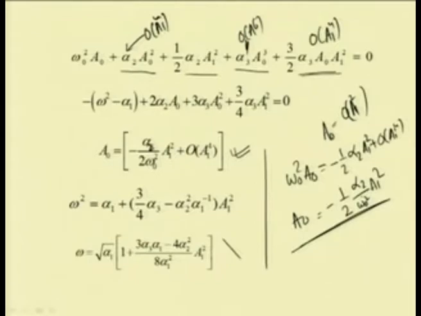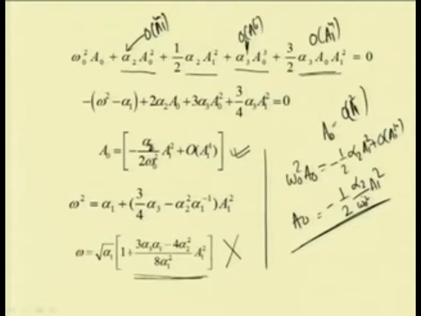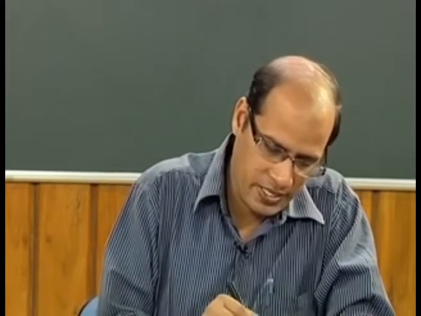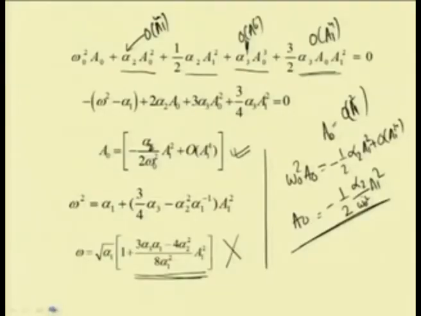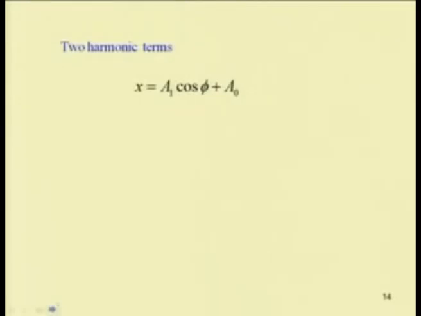So, this is also not correct, as we have seen in the method of multiple scales. So, this correction part or this additional part above this omega 0 is not so accurate when we have taken a single harmonic term plus a constant term also. So, let us take two terms in this expansion and we will see that it may yield some correct result.